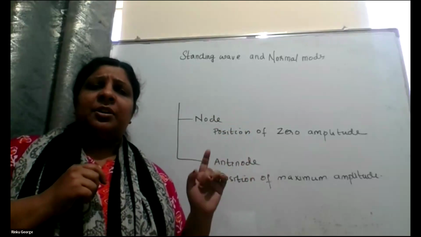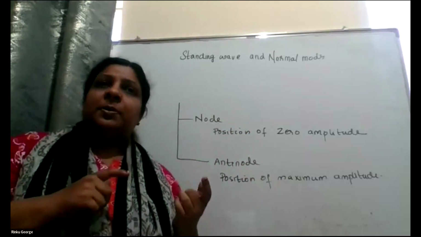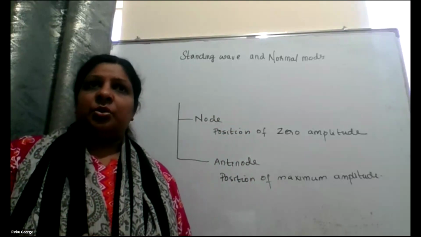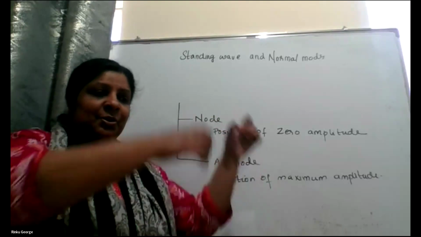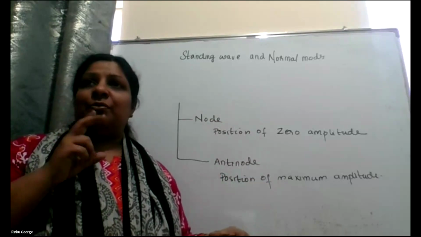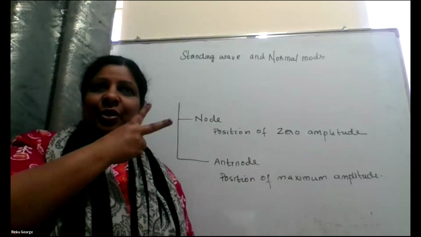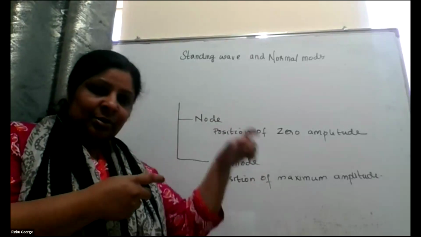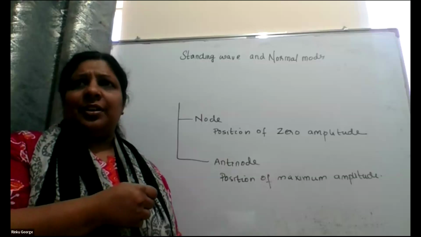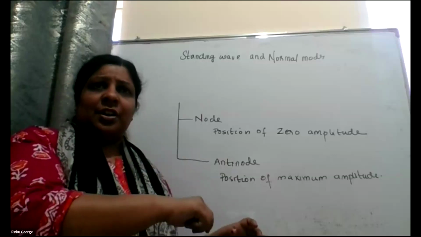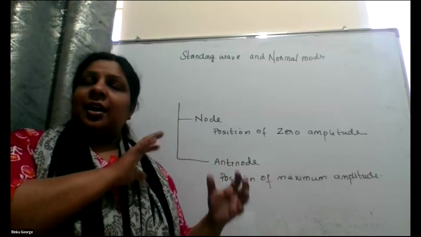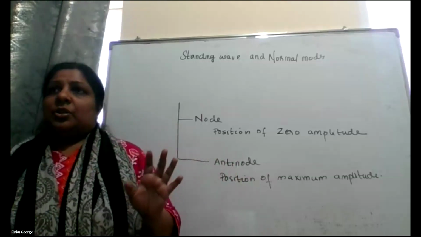Closed tube means, did anybody do a tuning fork experiment in school? Did the teacher show you in 9th grade? In the physics lab, did you see a long tube column? A long tube is placed, and have you seen a tuning fork? It's like this, a fork of this type. There is a long tube column filled with air, the normal tube only. When you strike this tuning fork near that, you will hear the sound on the other side. And you will measure in the experiment. So that is an open tube.